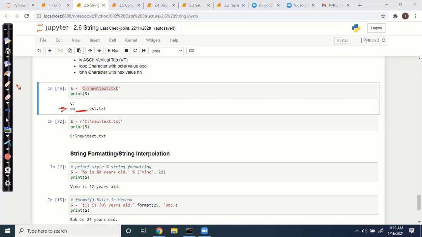You see it here, right? But as humans we know this entire thing is some file path. But the interpreter will read it like this. So we should not allow that.